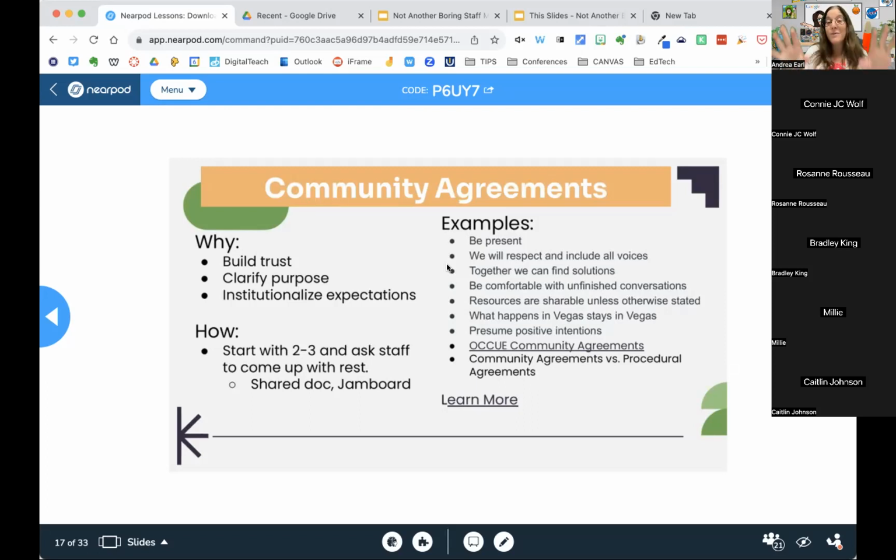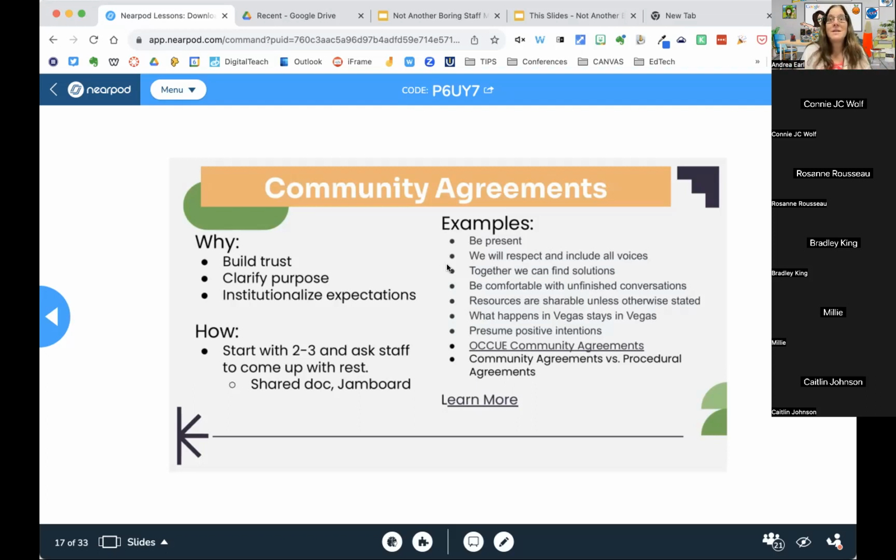Inevitably, with a group of staff members, someone's going to say no cell phones. And I love it, because so many of the meetings that we've done over the years have been boring and a waste of time. So you're on your phone, or you're grading papers, but the people that are doing that are not really engaged with what you're doing. So by putting some community agreements in place, you can say something to those members. So if I will be present and participate is one of the community agreements you agree on,